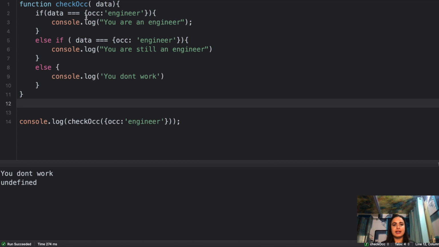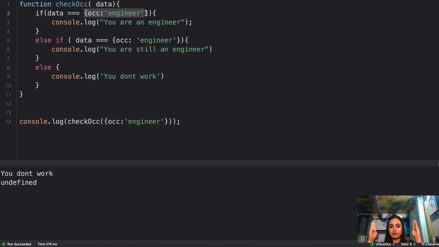As you know, objects are tracked and interacted with by reference. So this object that you are seeing here is in some memory location and is a completely separate object, whereas this object that you are passing from here is another completely separate object in some other memory location. The data variable is referencing one memory location, which is pointing to this object, the same concept that we used in question 1. And this is another entirely different object at an entirely different memory location.